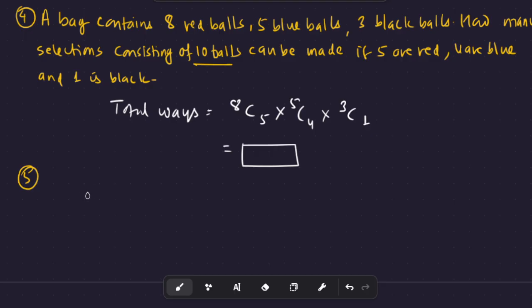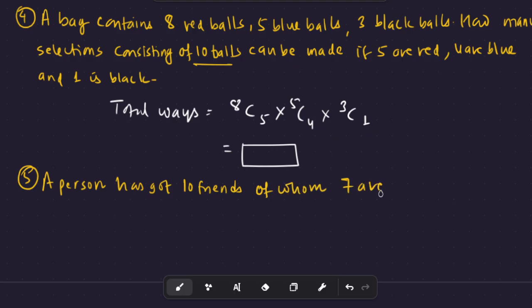Question number 5 is: a person has got 10 friends, of whom 7 are relatives. In how many ways can he invite 5 guests